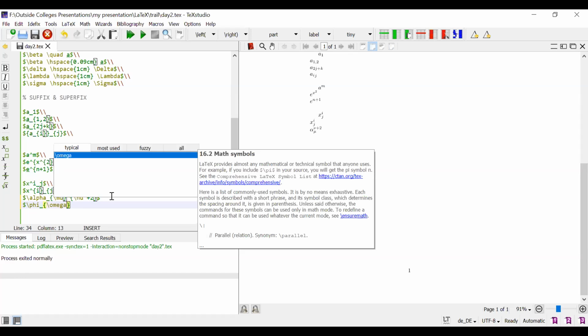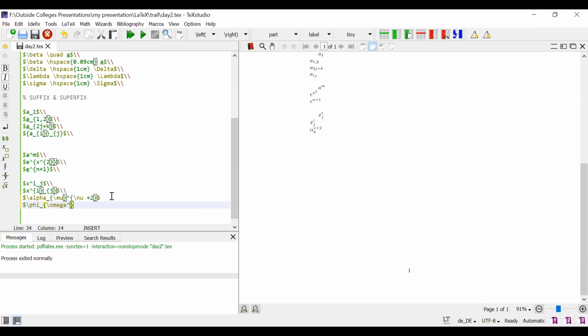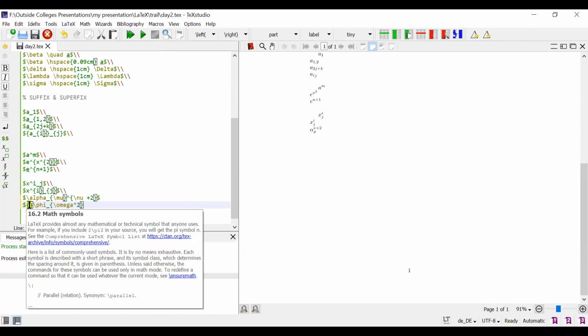In this suffix, I want to write my superfix, that is 2. Okay, see this, omega is the suffix of pi, 2 is the superfix of omega. Next, I use one more superfix. So I want to add one more brace here.